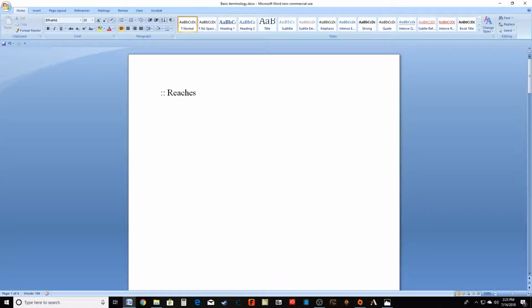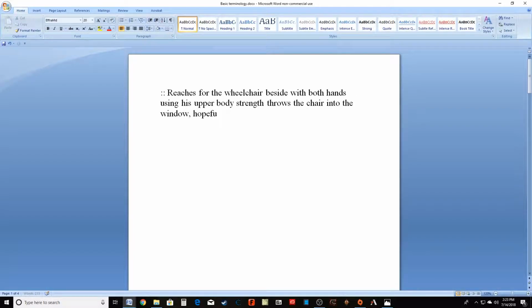It's like, okay, now I'm getting ready to type something. Reaches for the chair. Reaches for the wheelchair, I'm sorry. It's a wheelchair, beside him with both hands and using his upper body strength. Throws the chair into the window. Hopefully, remember, you can never just say that you smash it. Hopefully, smashing it, creating an escape. If he does, he leaps through the window